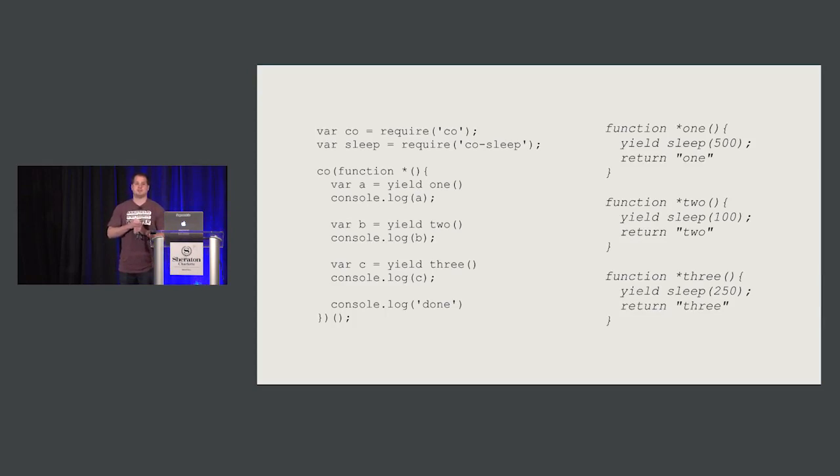There are libraries built by really smart people that have done that, and one is called Co, which does basically what we just did. Here's an example of it being used. This is Node, by the way. It's a Node module, so you just require it and pass in your generator function. It will run it for you, figure out all the yields, and do the sequential or parallel processing based on the values you give it.